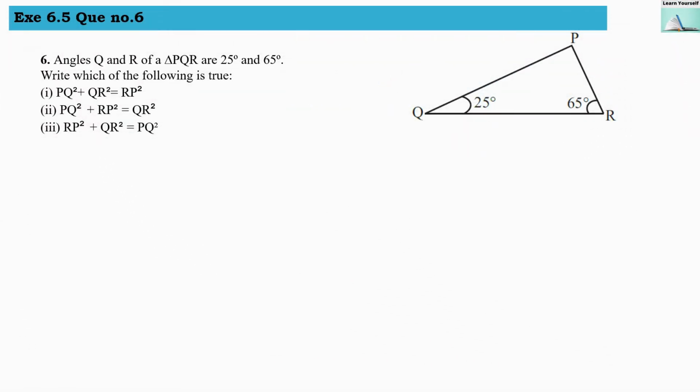Exercise 6.5, question number 6. Angles Q and R of triangle PQR are 25 degree and 65 degree as per the figure. Write which of the following is true. So these statements are as per the Pythagoras theorem. If we want to find which statement is true, then we have to find which side is our hypotenuse. For that, let us first find the measure of angle P